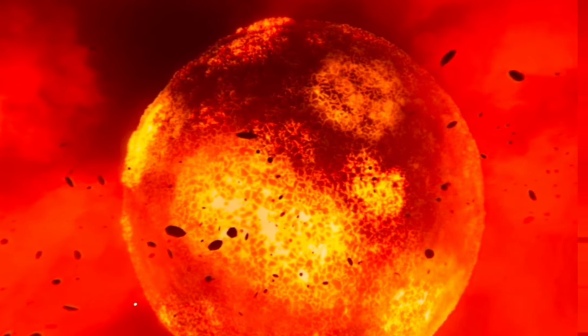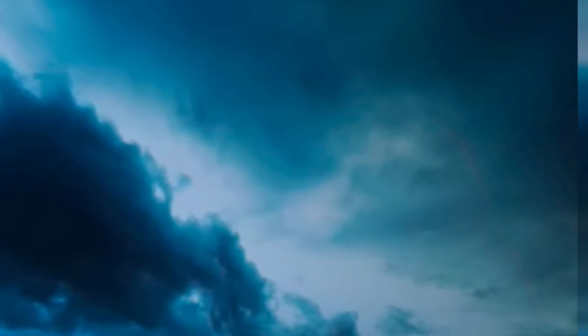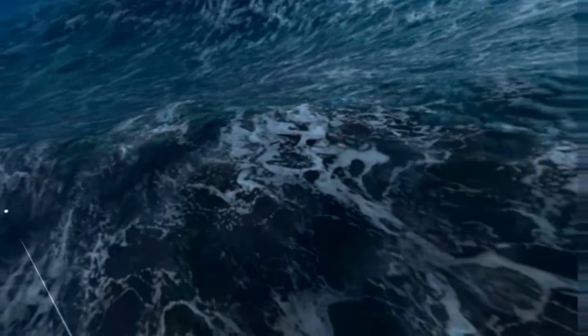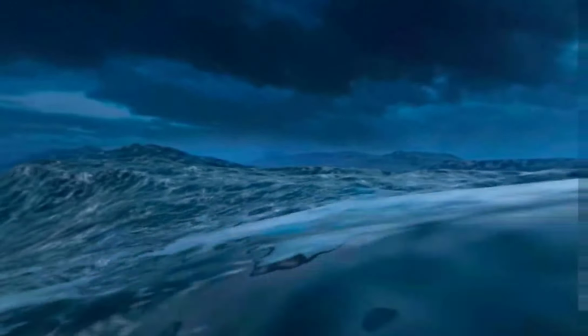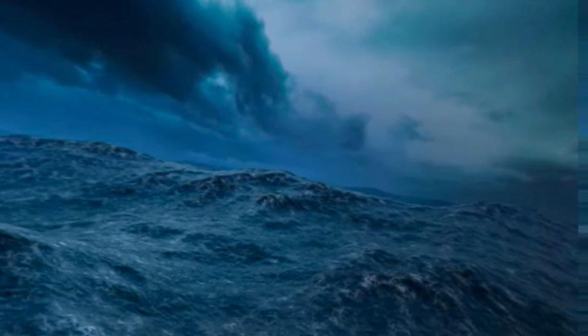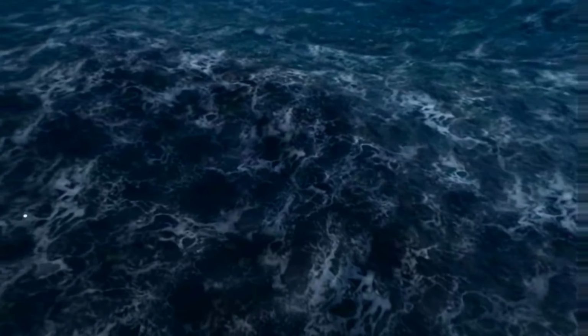The steam in the atmosphere turns to liquid and it begins to rain. It rains for thousands and thousands of years, eventually covering the whole Earth in water. Under this ocean, a new stage in the journey of atoms and molecules is beginning.